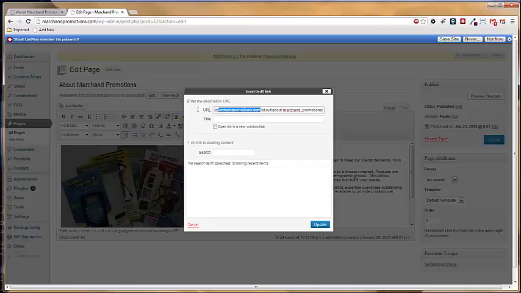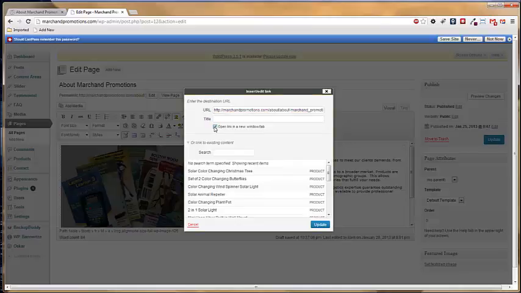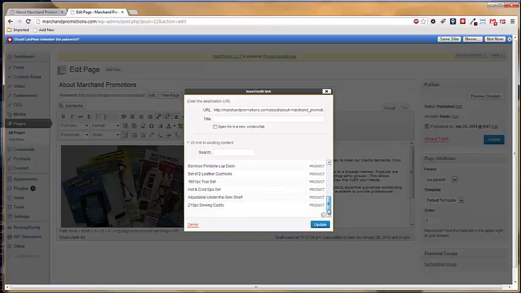There's a pop-up that allows you to edit the page where the location is going to be. If you want it to open up a new tab, you can just check that checkbox and it'll do so. If you want to go to another page that's internal, you can either just type in the actual URL, or you can just select down here